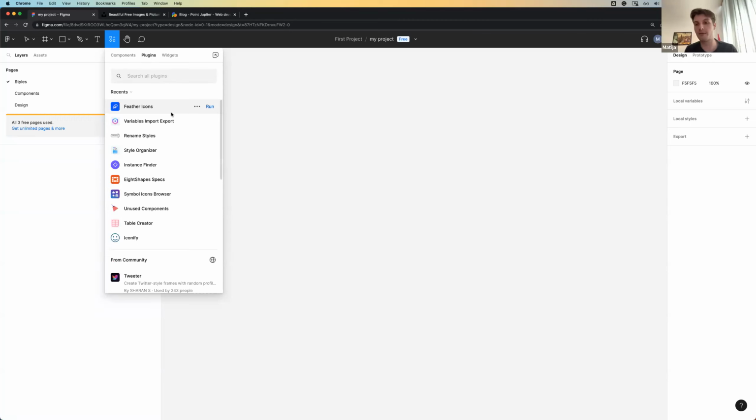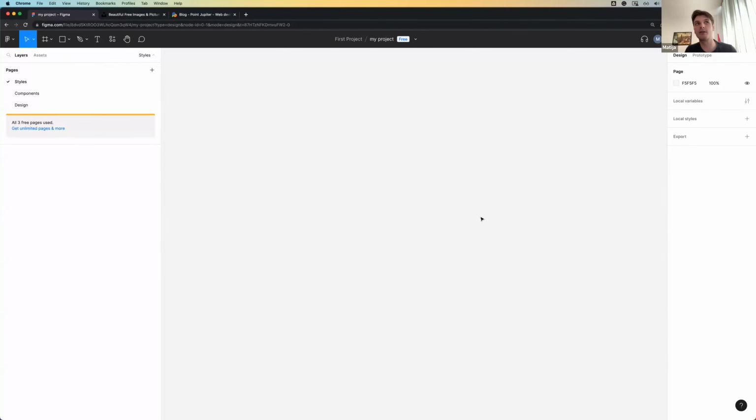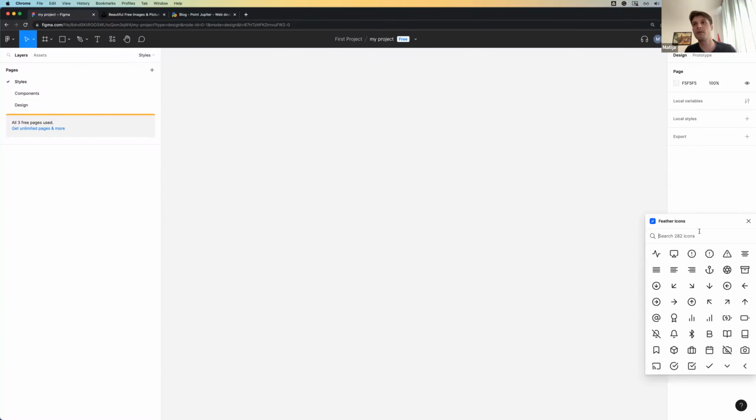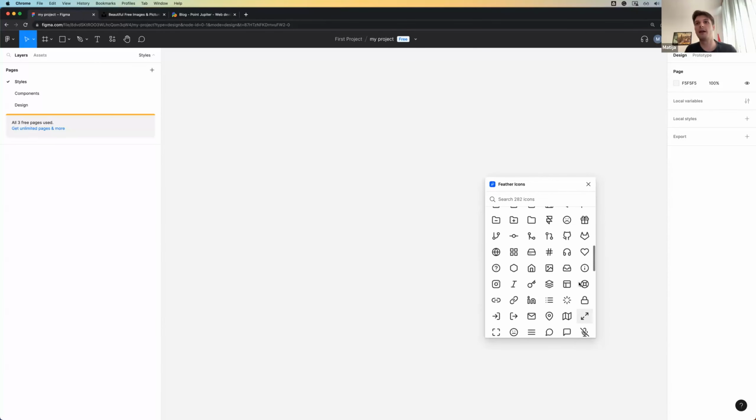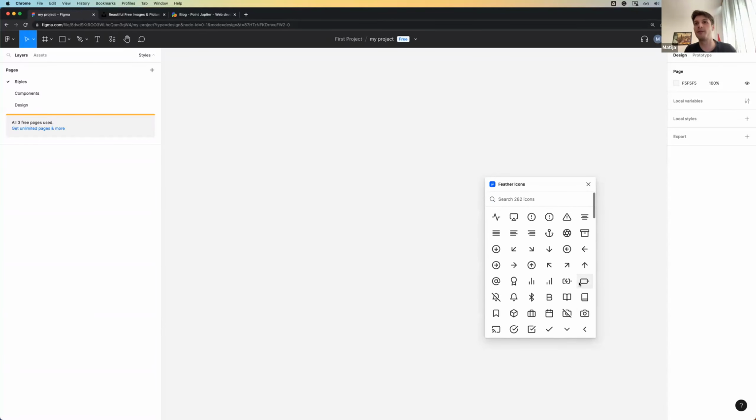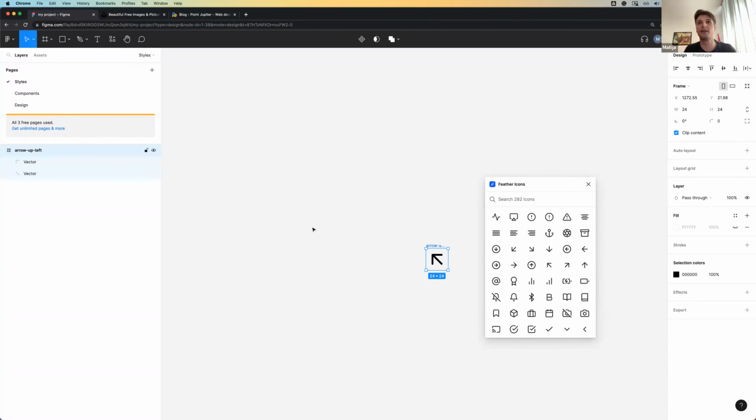Plugins are a really cool thing in Figma, and the community in Figma basically creates them. Those plugins add additional features to Figma. One of those plugins that I use often is Feather Icons. Feather Icons is a library of different icons, and if I click run, it will show me a little window here, and I just have a library of icons which I can click and then paste in